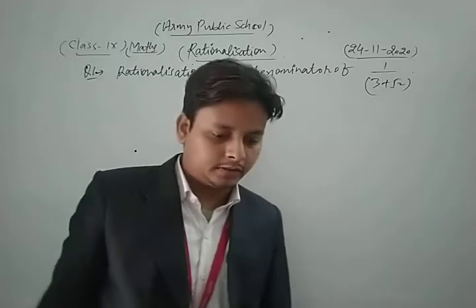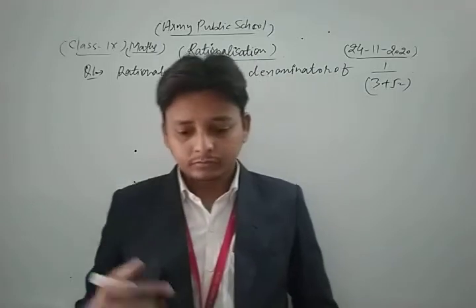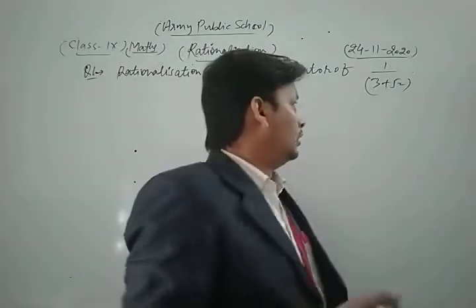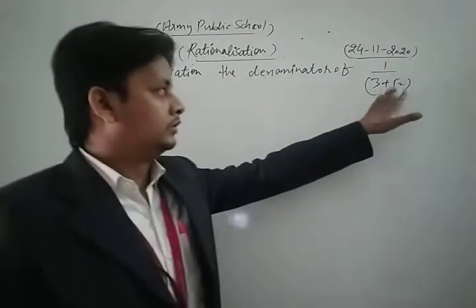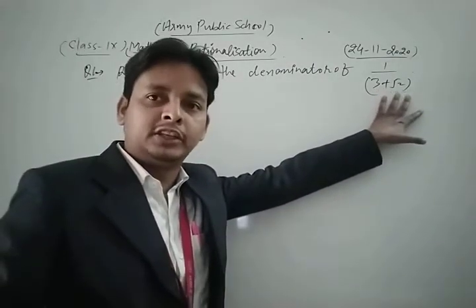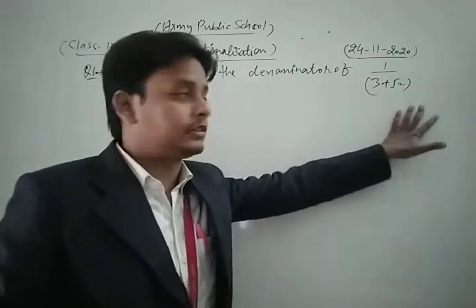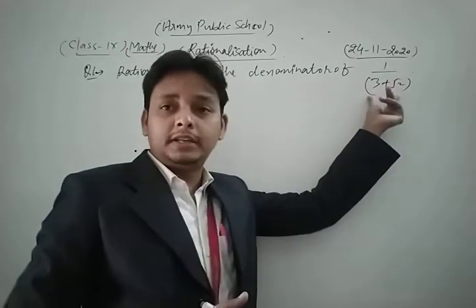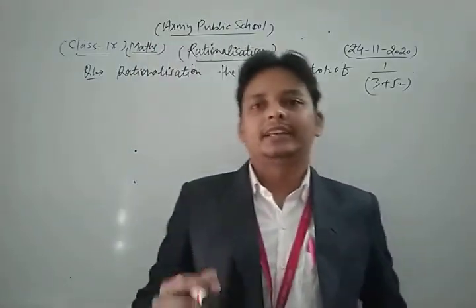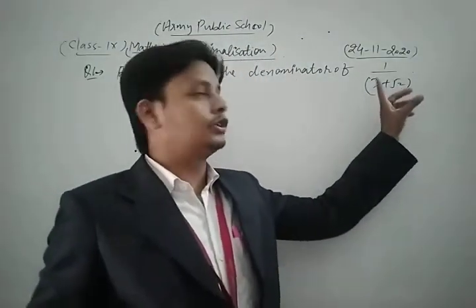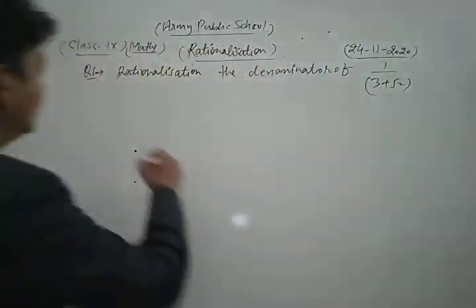Okay, dear students, now let's see what is the concept of that question. The removal of square root from the denominator is known as the concept of rationalization. Now we must multiply both the numerator and denominator by the conjugate of its denominator. The conjugate of the denominator 3 plus root 2 is 3 minus root 2. Now let's see its solution.